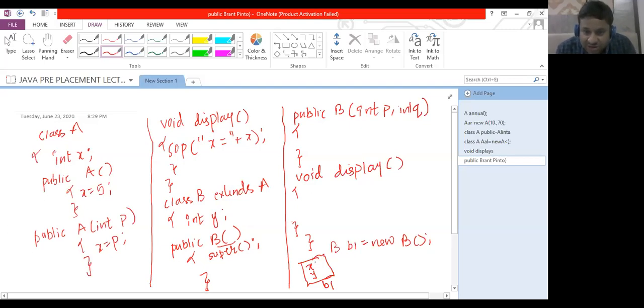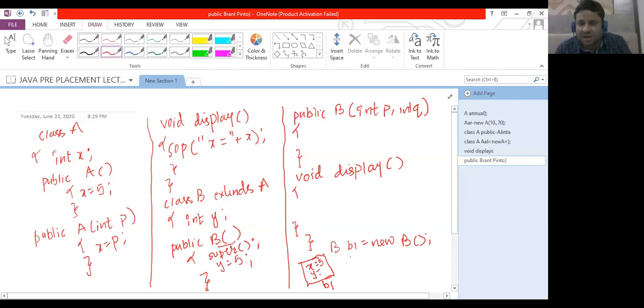So here we will initialize X with 5. And let's say here I'm writing code Y equal to 5. So this is how the default constructor of the derived class will look. In the default constructor of derived class B, we will first write a call to the default constructor of superclass A by using super parenthesis and semicolon. So if B1 equals new B is invoked, control goes here. It will call the superclass constructor of class B. The superclass of class B is class A. From here, the control goes here. X is initialized to 5. Control comes back. Y is initialized to 5. So X and Y are initialized to 5.